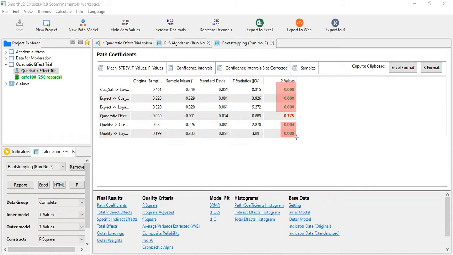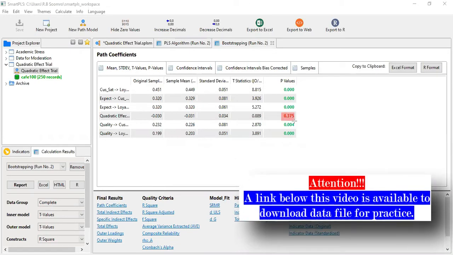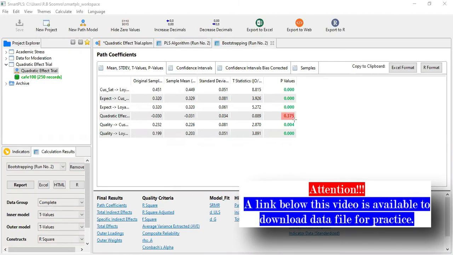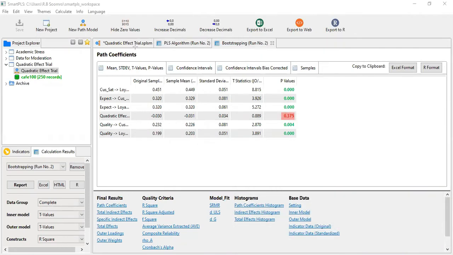Because these are significant, again I'm repeating that this is the beauty of the software. Whenever anything is significant, it will be shown in green color. Whenever there is a violation of any benchmark, it will be shown to you in red color. Just like here you are looking at this one, this is a violation, in other words, this is the qualitative effect we are looking at here. Now it is insignificant. I already showed the result, that there was a very negligible impact of this qualitative effect on the dependent variable.